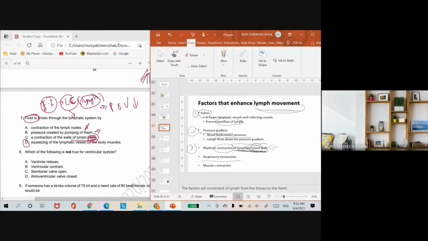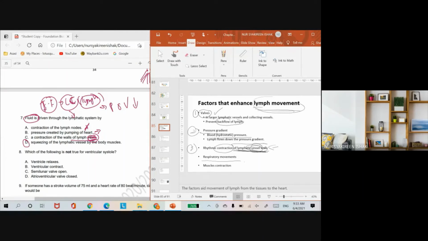The movement of blood in the vein is due to low velocity and also low blood pressure. The low velocity of blood that flows in the vein may cause the blood to move backward, or its movement is slow. What prevents the movement of blood backward in the vein is the presence of valves. Same as lymph: in lymph vessels there are valves, in veins there are valves too. The point is more or less the same here.